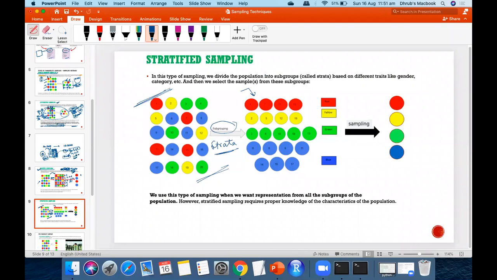For example, I can divide one strata based on the gender. So I can have one strata of only male, I can have one strata of only female,